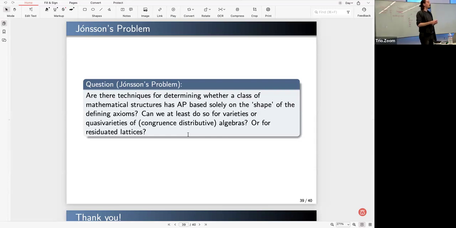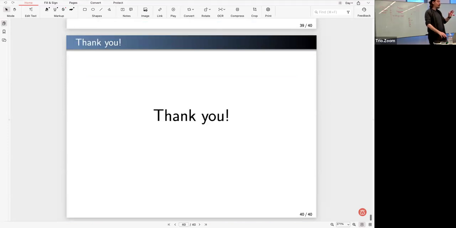So it's a very ambitious question. In general, the answer is we have no idea. And we have no idea even for special cases like residuated lattices or even special classes of residuated lattices. But it feels like we're inching closer to being able to answer big questions like this. And I think we've made a tremendous amount of progress on this. There's more to come. So I think with that, I'm 5 minutes over, so I'll thank you for